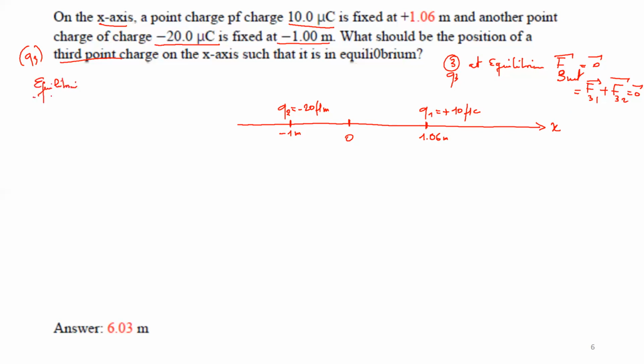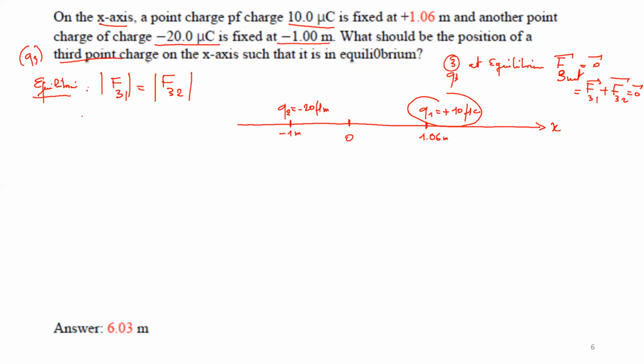for particle number 3, it just means that the magnitude of F on 3 by 1, by this charge 1, in magnitude is equal to F on 3 by 2. Okay. These two electrostatic forces will cancel each other. So same in magnitude, but opposite in direction. So what is F